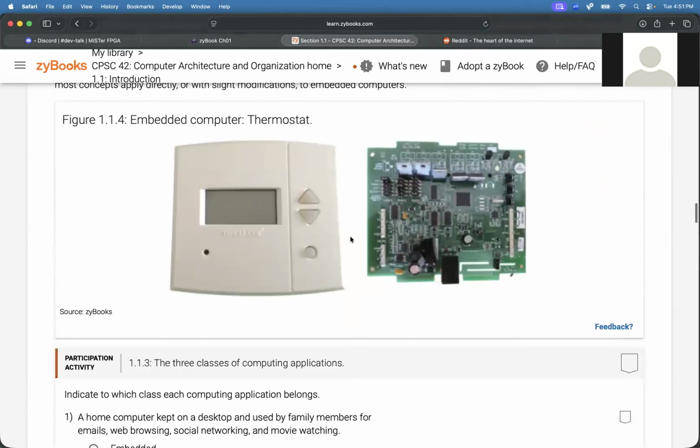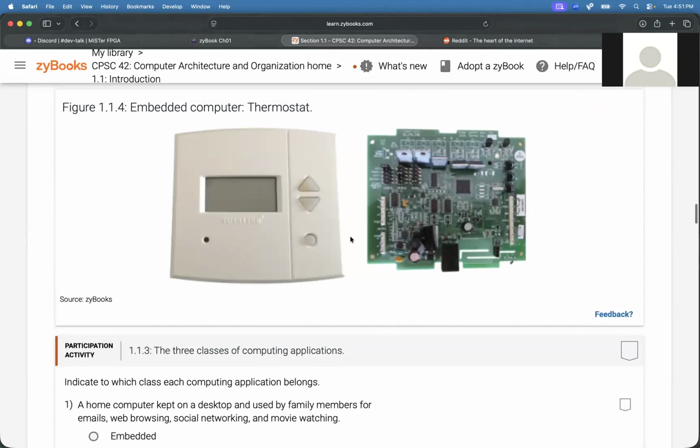They talk about embedded computers. Now, regarding embedded computers like this thermostat here, this kind of device is going to be using a CPU, probably quite similar to what we have in the Arduinos. When we started using the Arduinos for the lab, we learned that they're very slow. They were something like 14 megahertz processors. But not everything needs a fast processor, and so something like a thermostat to control the temperature in your house